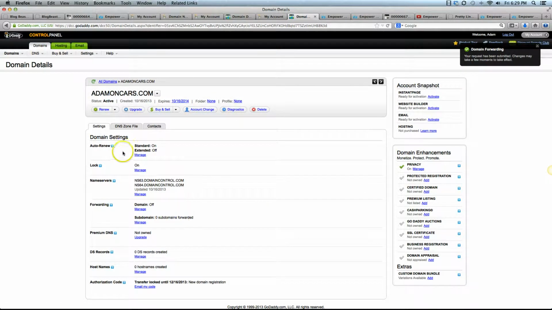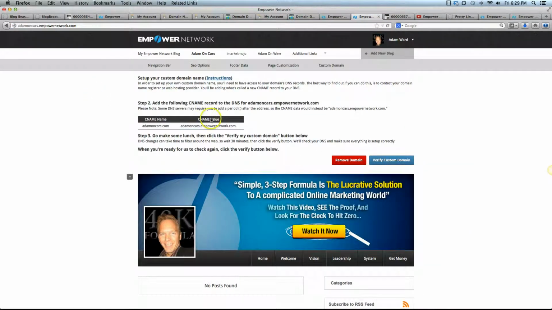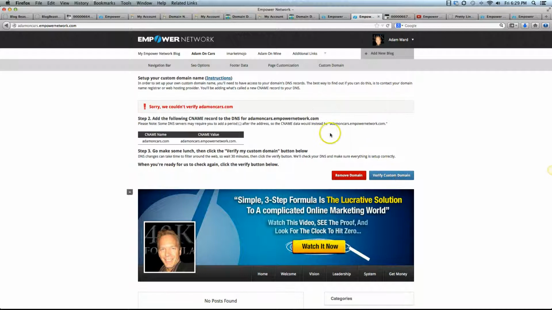Okay, so you're done on the domain side. So we need to go back to your Empower Network blog that you created, right? And you want to click Verify Custom Domain. So you can see now that it hasn't propagated yet. See? Sorry, we couldn't verify Atom on cars. So just wait and come back, right? So what's going to happen is, let me show you,